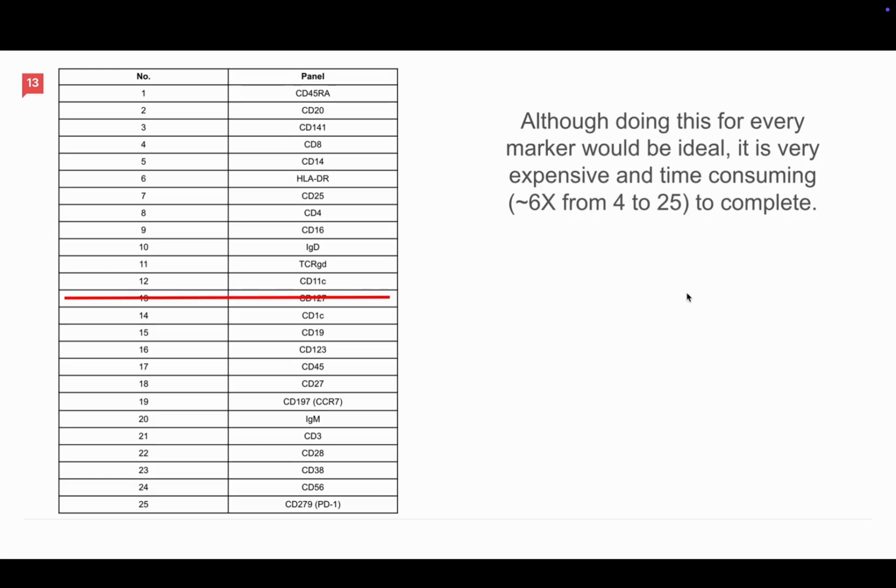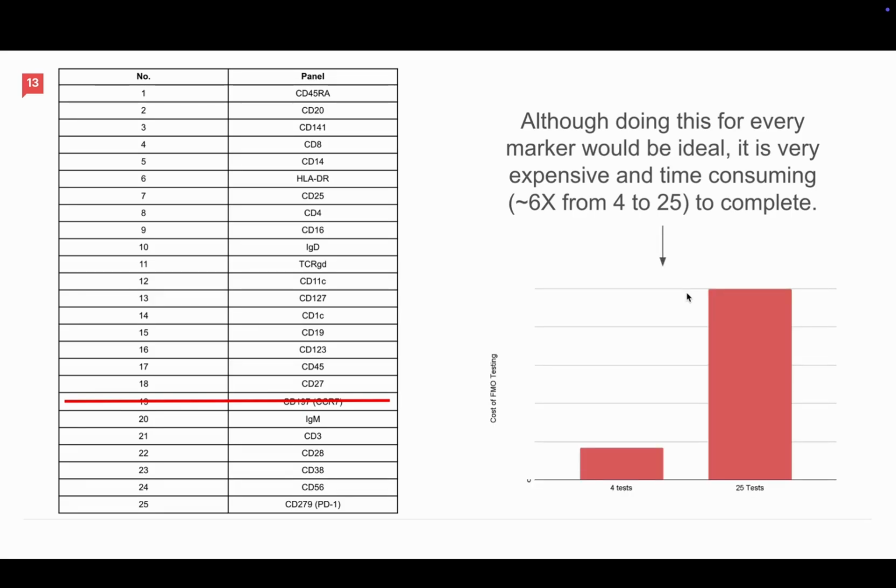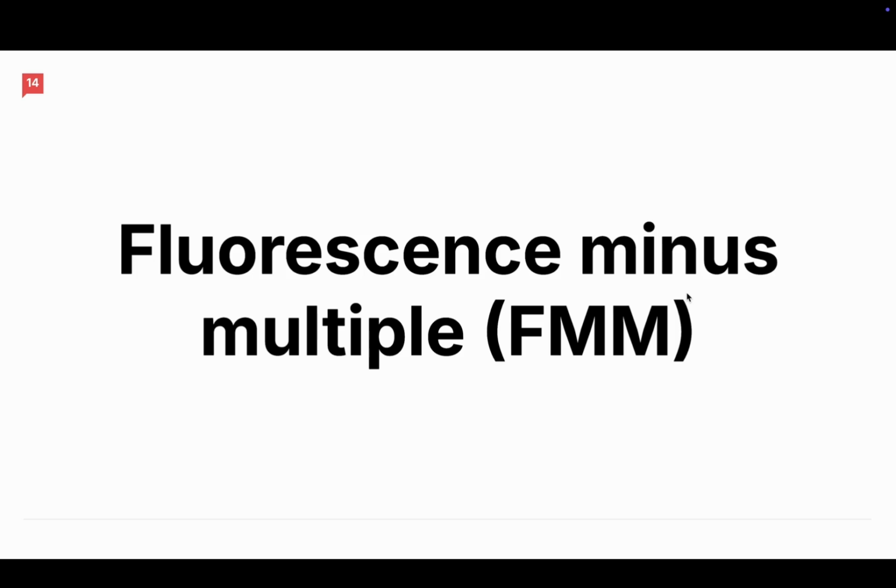Although it would be great to do this one by one and go through every single marker and then just cross them out and see how much signal it is, it's very expensive and laborious to complete this. In fact, as you go from a 4-marker panel to a 25-marker panel, it's about a 6-fold increase in cost and potentially time as well. So as a result, this is where fluorescence minus multiple, also known as FMM, has emerged